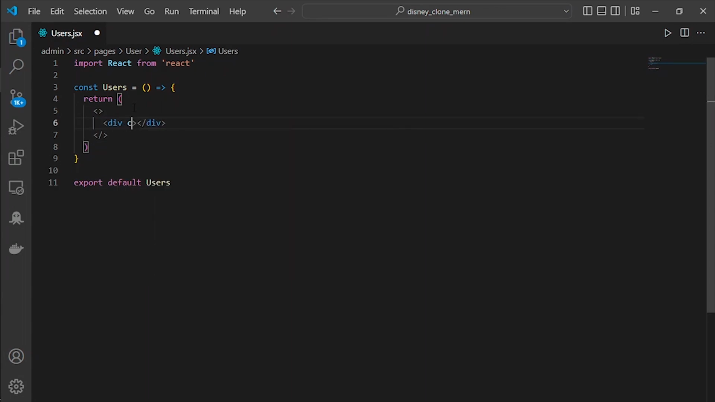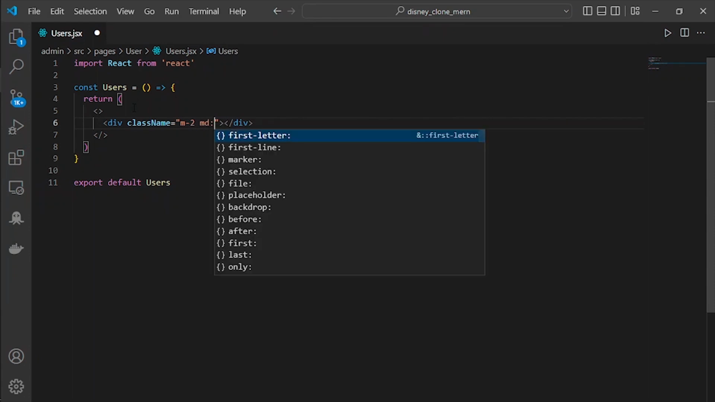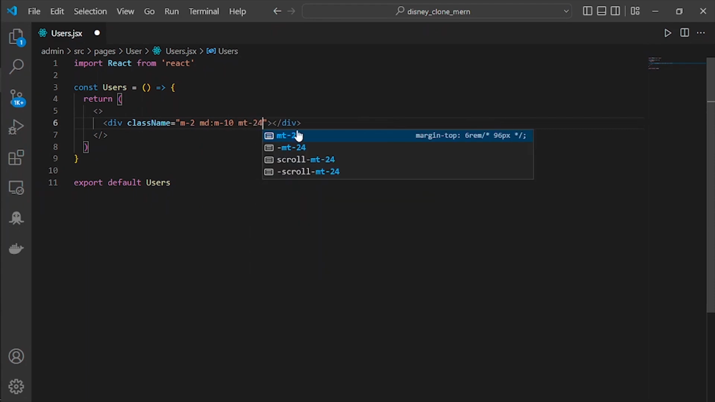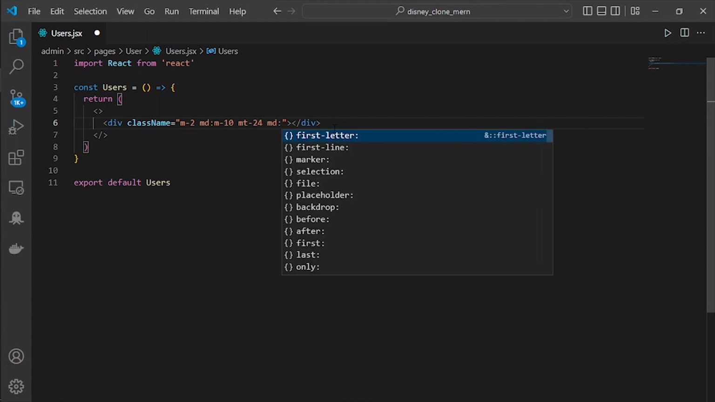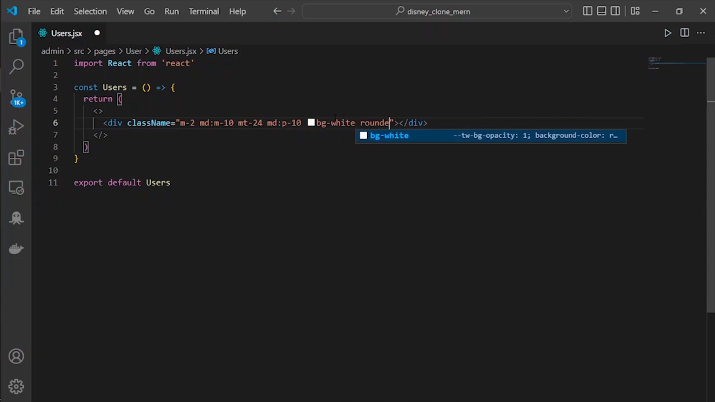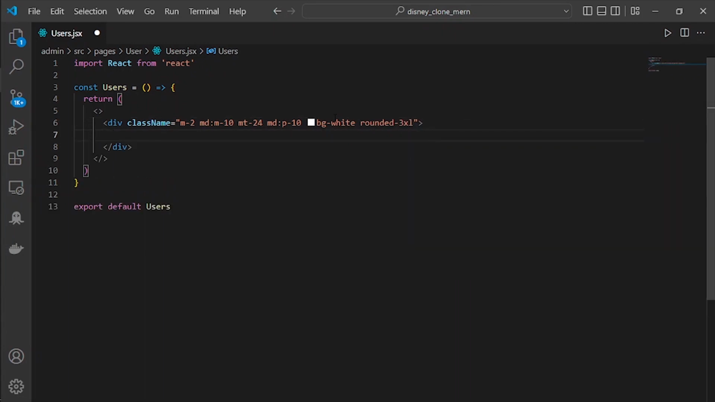We will have a div with a class name equal to margin is 2, and if the device width is md, margin is going to be 10, and the margin top is going to be 24. Wait a second. After the margin top is 24, if the device width is equal to md, we will have padding is 10, and then background white, and rounded is equal to 3xl. Inside of here, we will have a header